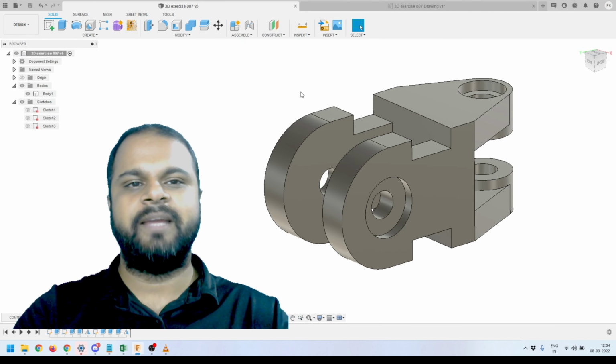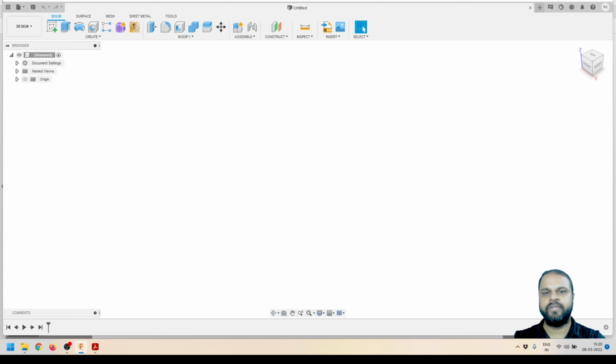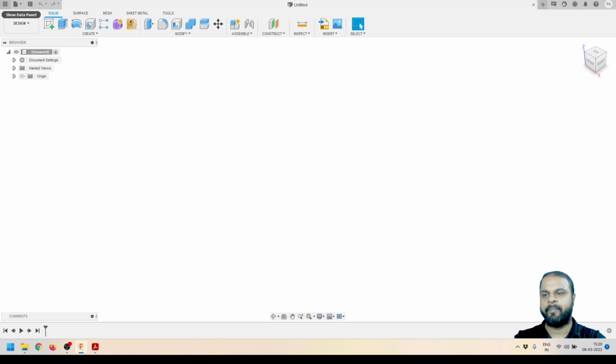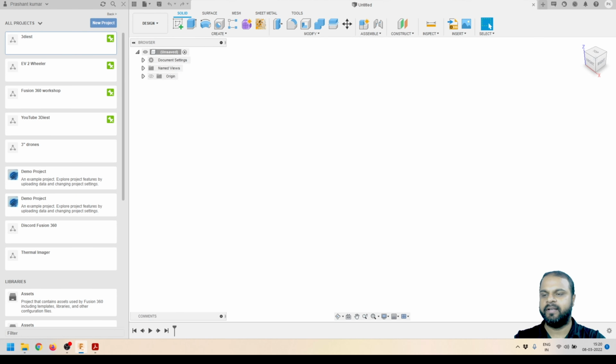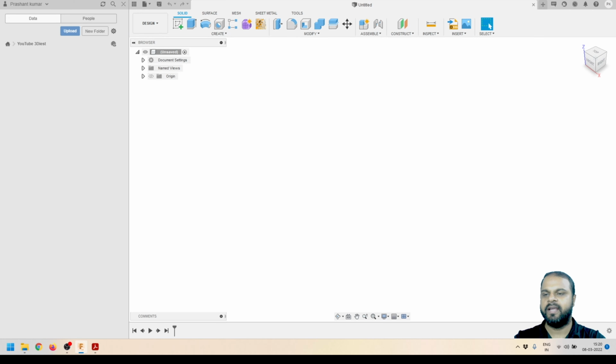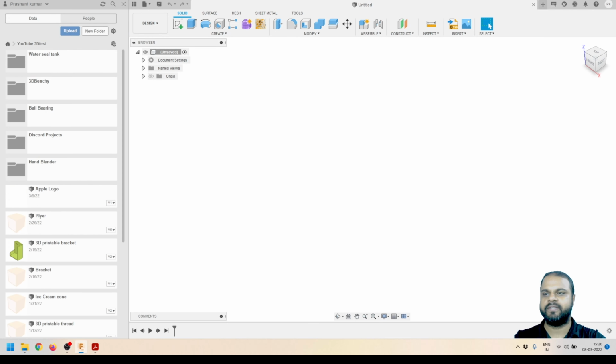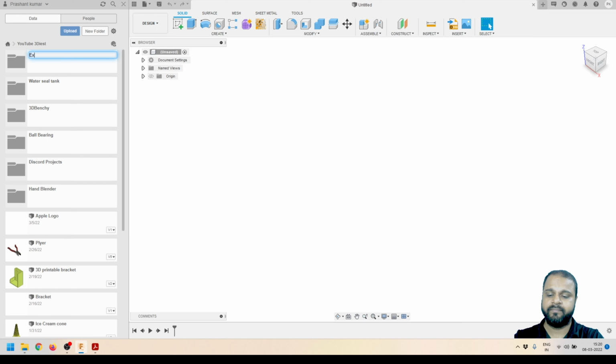So without wasting much time, let's dive into Fusion 360 and start modeling. So now we are in Fusion 360. So the first thing that we're going to do is go to the data panel over here and go to the right project folder. So this is our right project folder, and here I'm going to create a new folder first. So I will give it a name